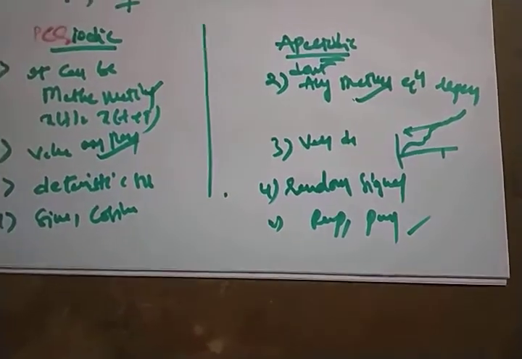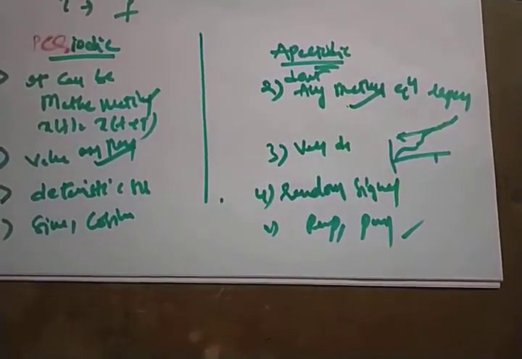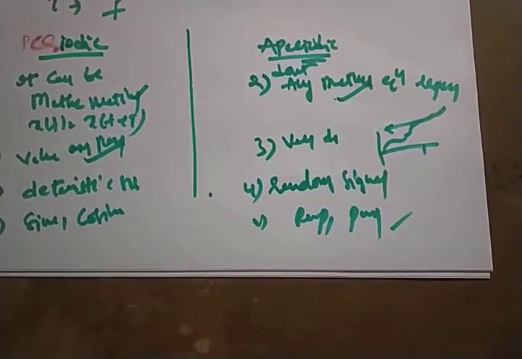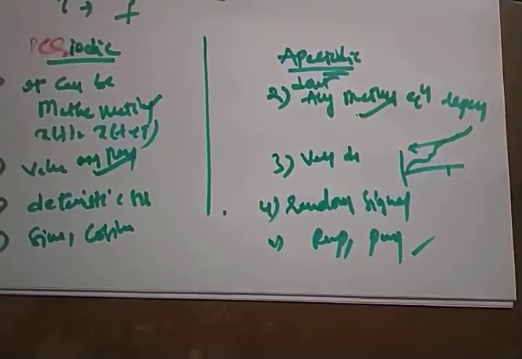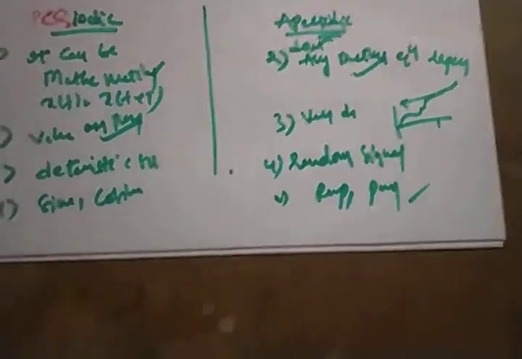The examples are the sine wave and cosine wave for periodic signals, and the ramp signal and parabolic signal for non-periodic signals. So now we will move on to the concept of how to find out